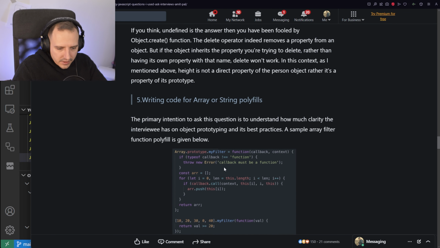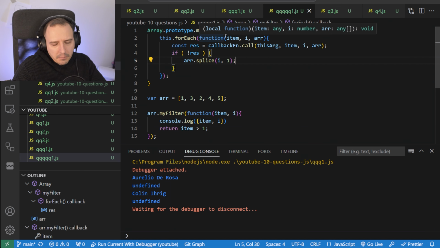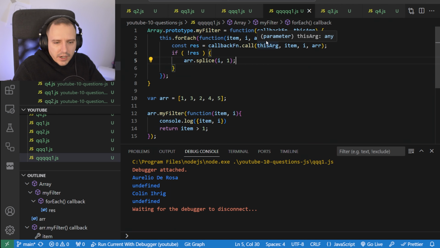Oh boy, what's this? Okay, so he checks. There's an error check. Of course, I didn't do that. So he makes an array. Callback, call context. Okay, so he makes a copy and he returns the array. Okay, so that's fine as well. Maybe mine doesn't work that well. But then again, I don't think you need to make a copy. This just works better in the terms that you don't need to make a new array.